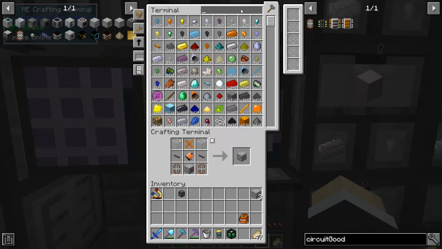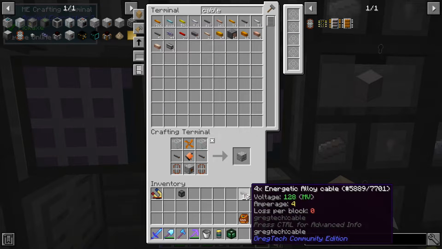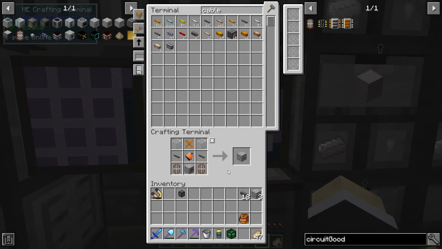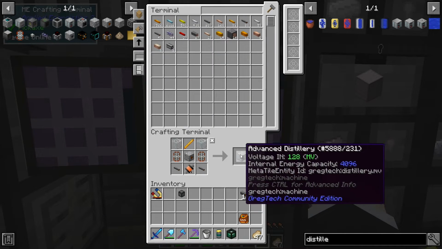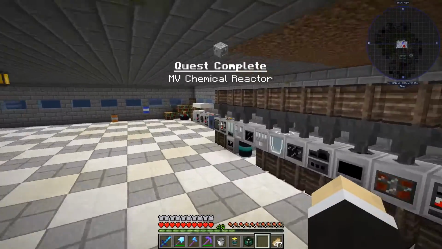Alright, so now we've got this. We're going to need some cables. These are the ones. So 128 MV, 4 ampere, amperage. Yeah, and no loss. So this is the one we're going to use. Alright, so we got this. Now we need a distillery. We're going to use the MV one. There we go. And now pretty much we just need...